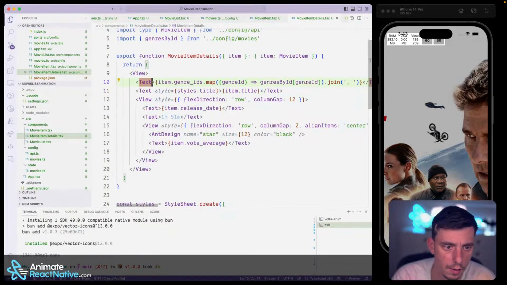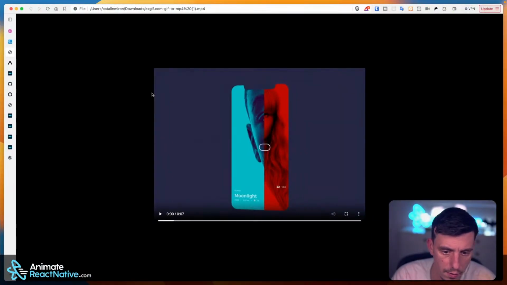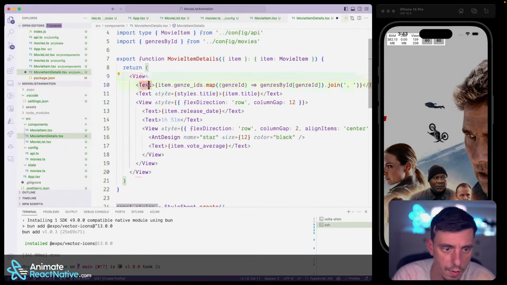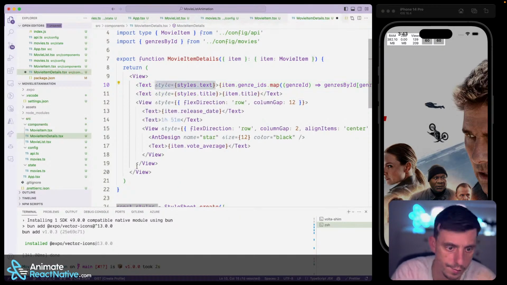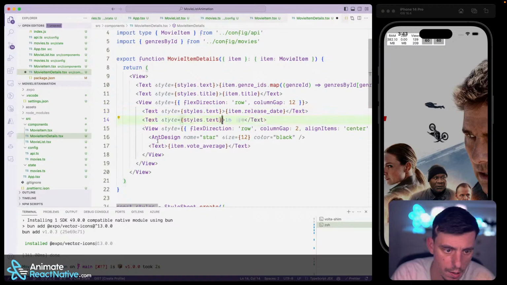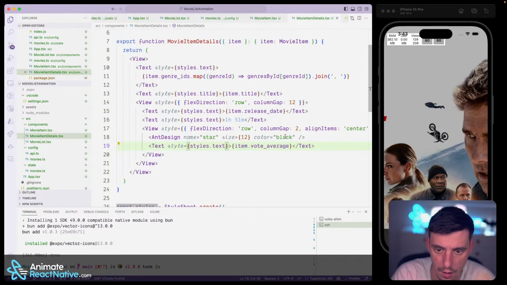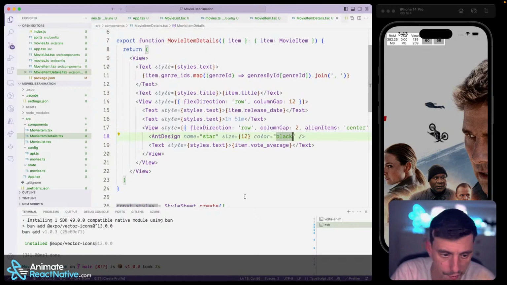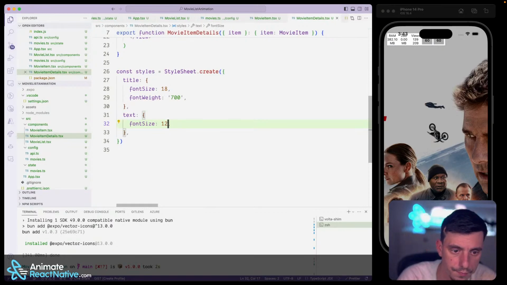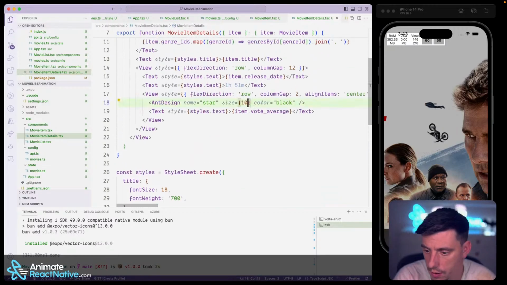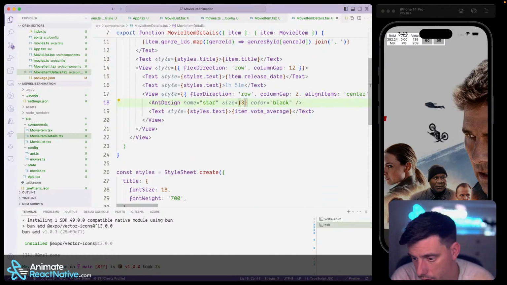Okay. And the rest is the same, right? So I'll add text. Okay, and the font size should be 12, even lower. Okay, and here is 10, even lower, 8. Okay,